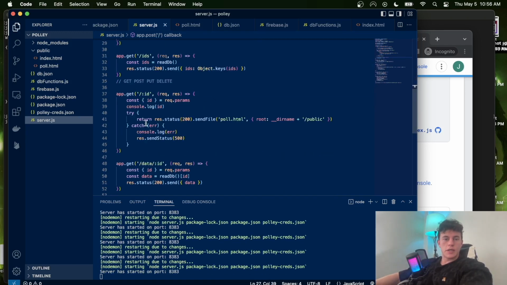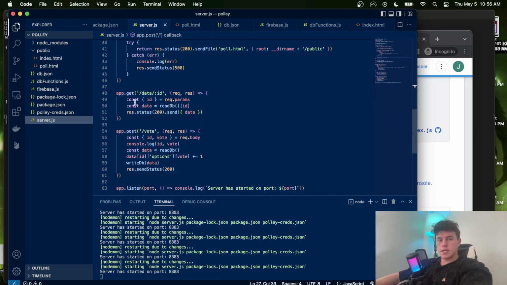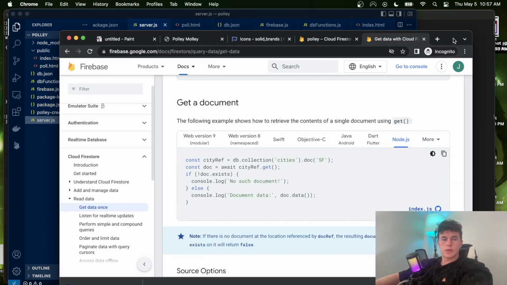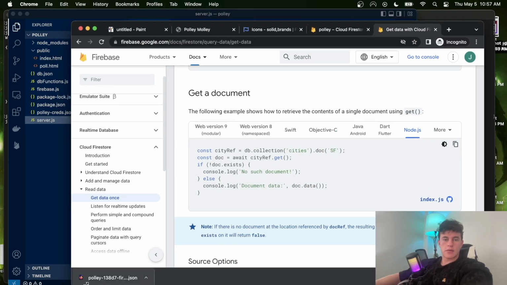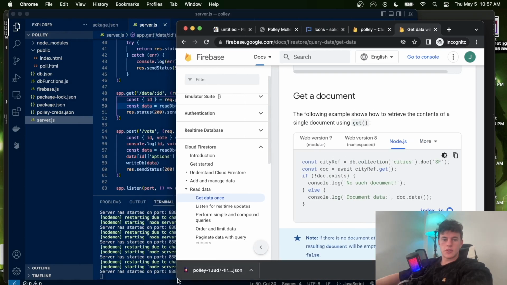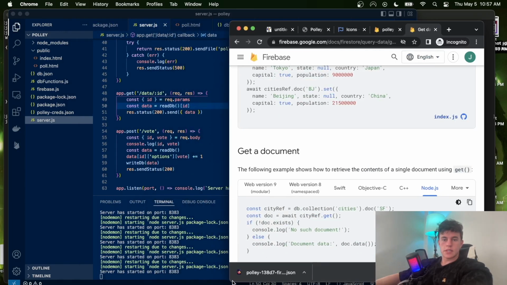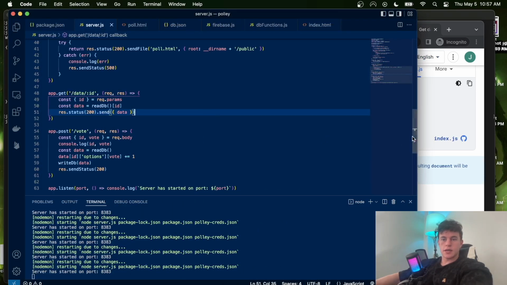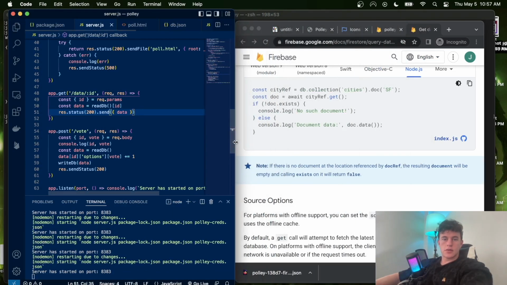And instead what we can do is when they get a particular file, we can now check out the data for reading. And so we can do that just like this. And so now what we can do is resize that. Get a document, we can just paste the same logic in here. And so we will have